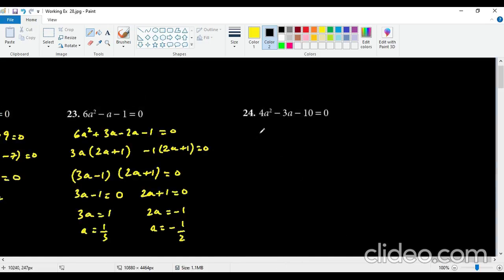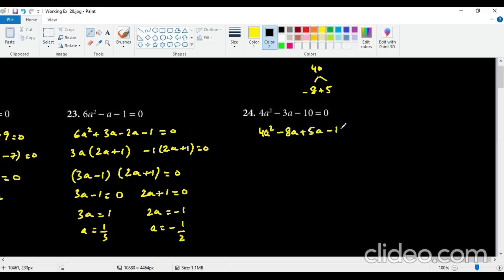For question number 24, I know very well that 4 times 10 is a 40. We are going to find out the factors of 40 that give us minus 3. So for that, if it is 40, I can see that 8 times 5 is a 40, and minus 8 plus 5 is going to give us a negative 3. So I will write 4a square as it is, and minus 8a and plus 5a minus 10 will be equals